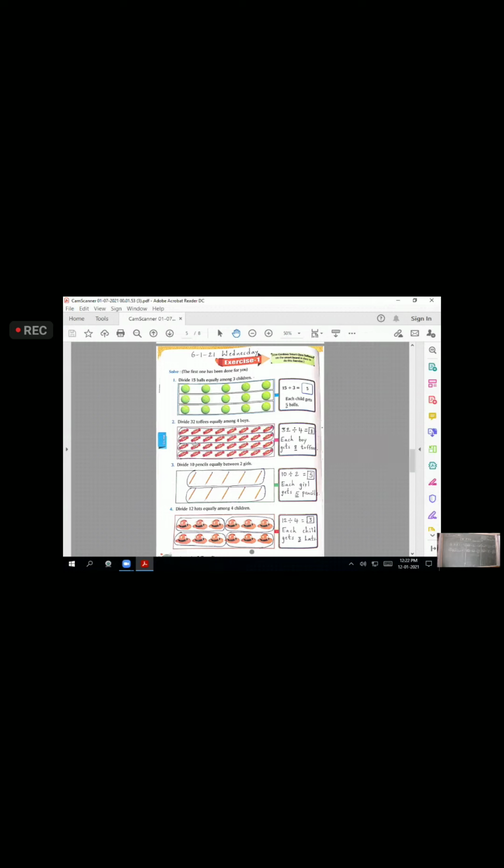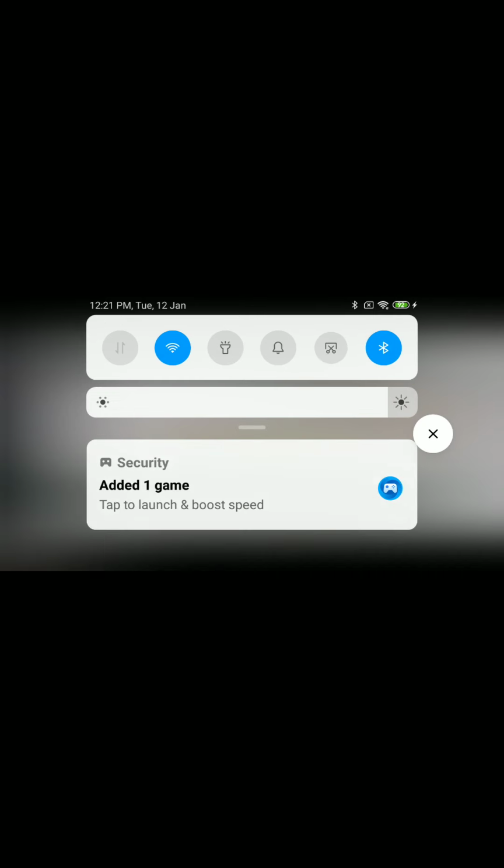Page number 86. Have you taken page number 86? Next. Shall I move? Okay. Thursday I explained about division as repeated subtraction, and I made you do exercise 2 on Friday. I have taken 2 days. You can see the date and day.